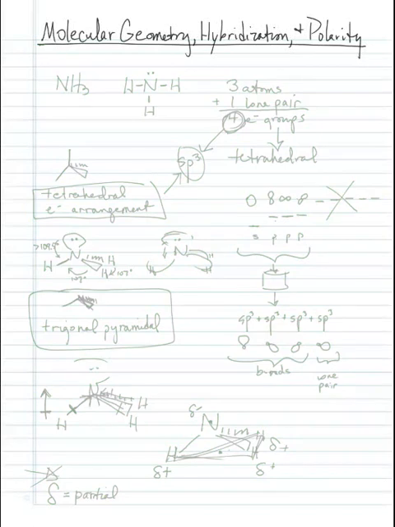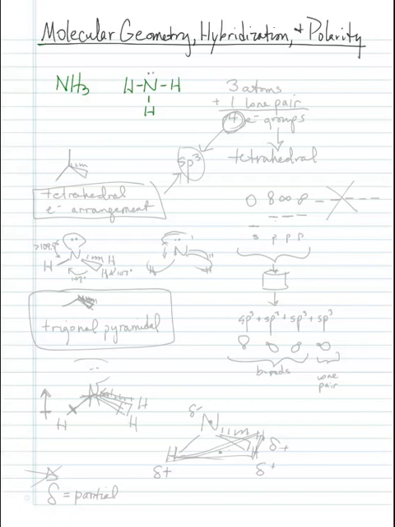So we want to talk about molecular geometry, which means the shape of the molecule, hybridization, what orbitals it's going to use, and polarity. Let's start with NH3, which is ammonia. We know from doing dot structures that it should have 8 valence electrons total, 5 from